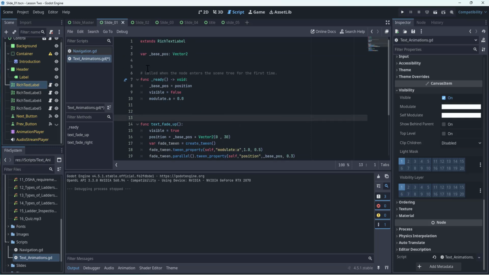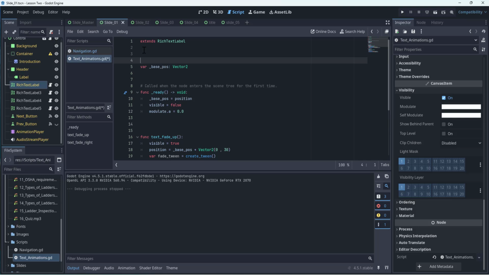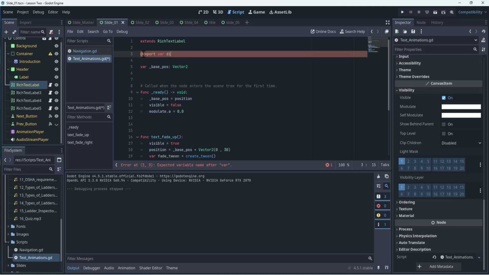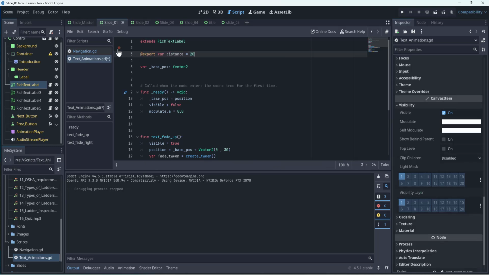So these are all sharing the same script. But if you wanted to change it independently, again, we're going to use that export var that we used before with the next buttons. So we're going to put export var, and we're going to do distance, because that's the distance we wanted to move,